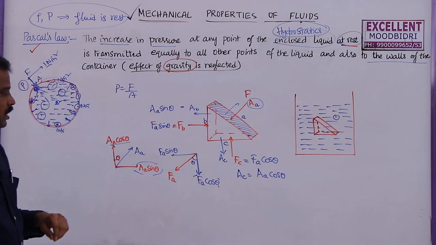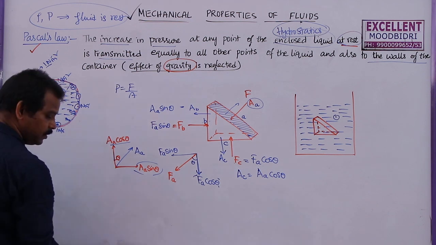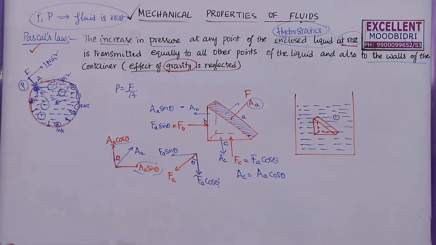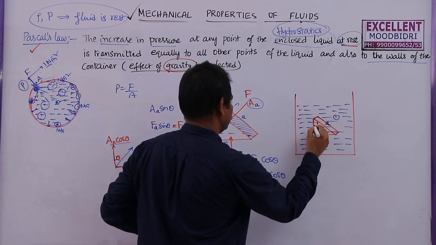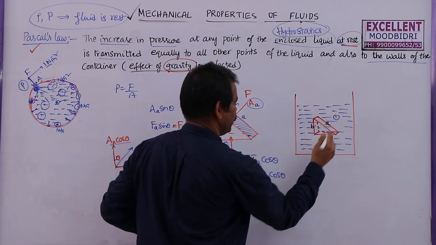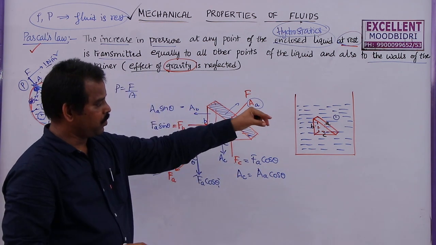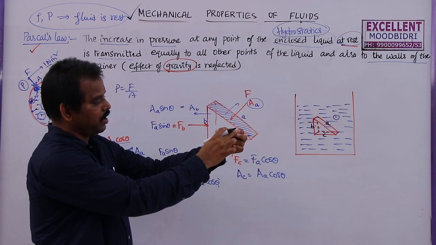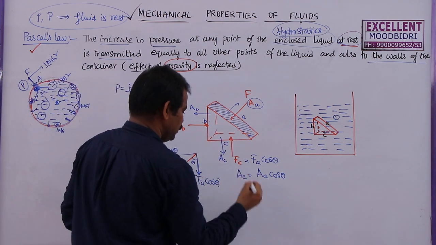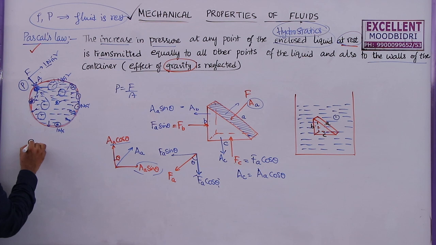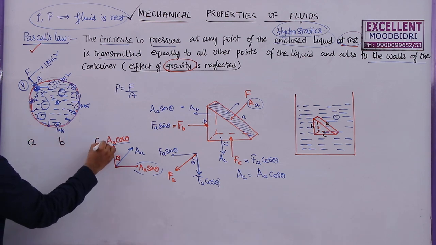Now we have 3 points, at A, at B and at C. So I am taking those 3 points here. This is point A, this is point B, this is point C. Actually speaking, all these 3 points are joining at a single point only, very near to each other. Now at A, at B and at C, this is A, this is point B, this is point C.